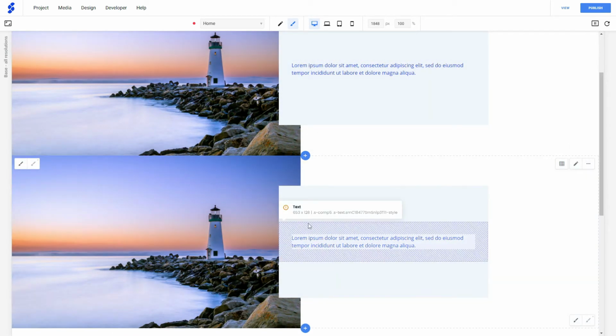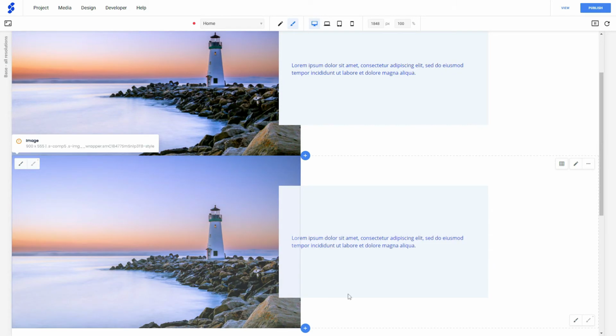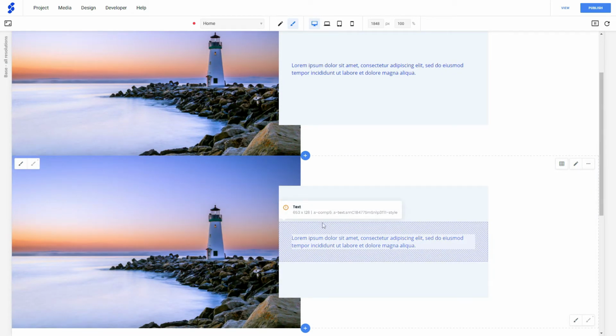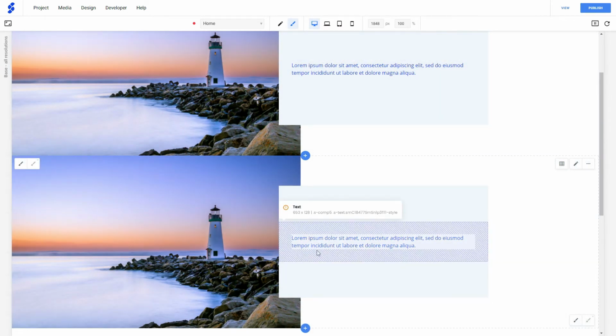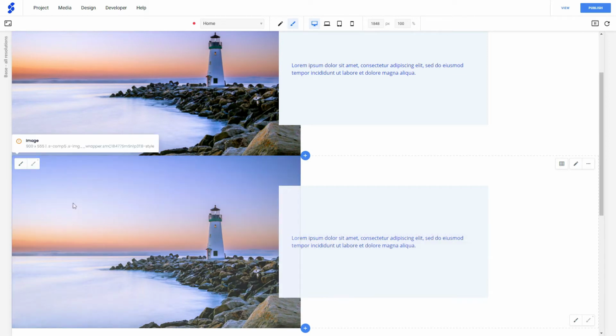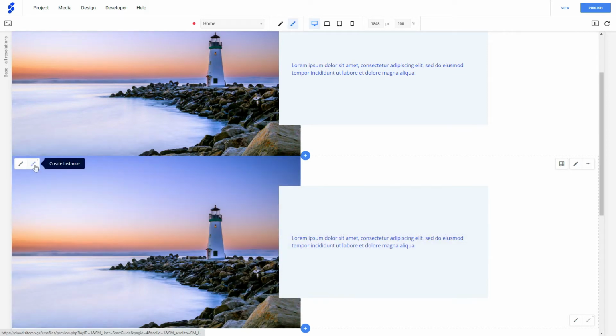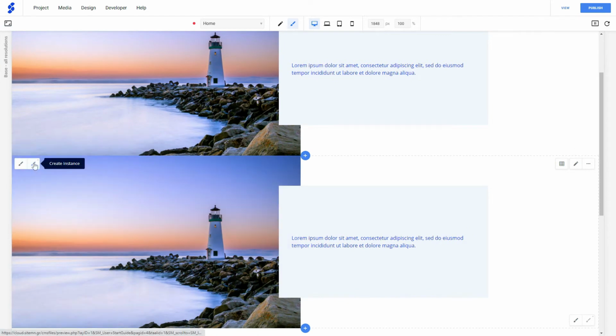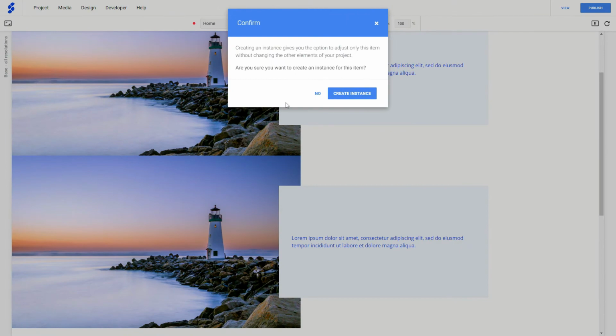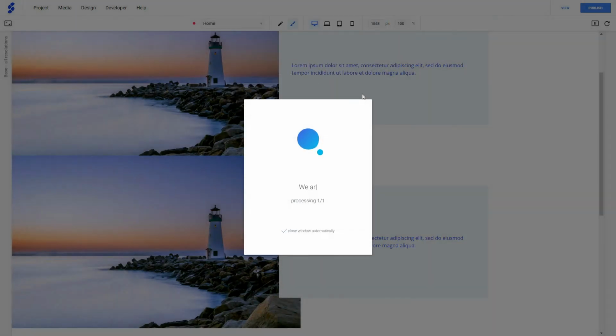But let's say that I only want to change the style for this instance of the component, meaning that I only want this change to apply here and not to any other appearance of the component on the web page. To do that, we hover over the component and we click this button here, Create Instance. This button is to open the design panels like this, and this button is to create an instance for this component, and this is what we're going to do right now. Click Create Instance,